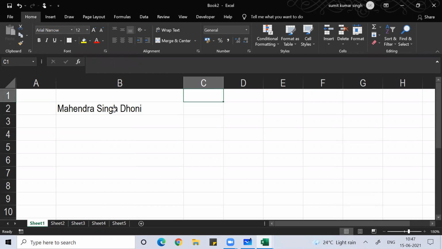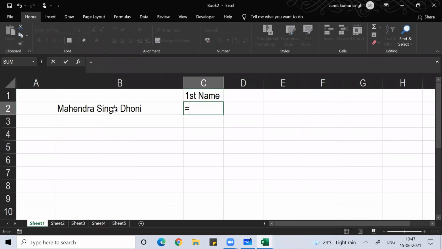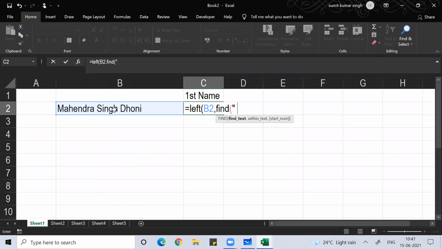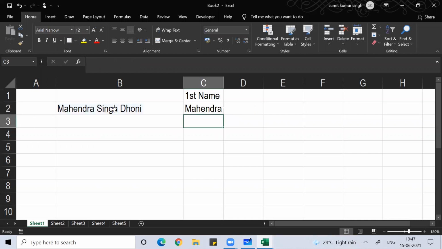For the first name, there's no problem. Equal to left, this text, comma, number of characters, find double quote space double quote within text B2. Then this minus 1, double close bracket, enter.